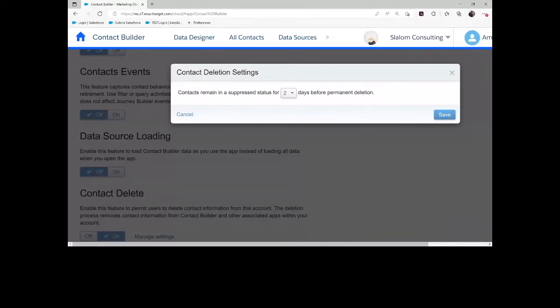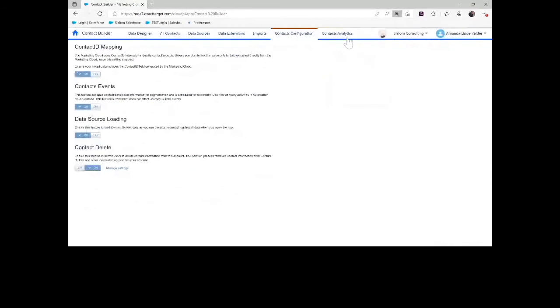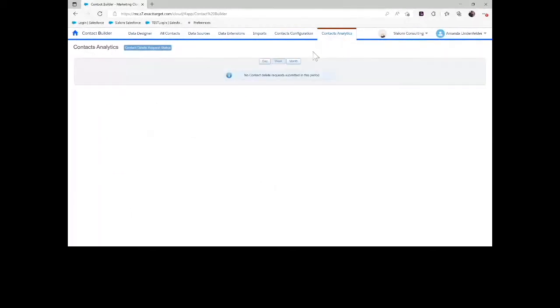So generally, suppressed status, you can't email them during that time, but it does say where they are in the queue. I am going to talk a little bit about another tab related to this. When you turn on this contact delete setting, this contacts analytics tab will suddenly appear. It will not be there if you don't have contact delete turned on. So because we have contact delete turned on,